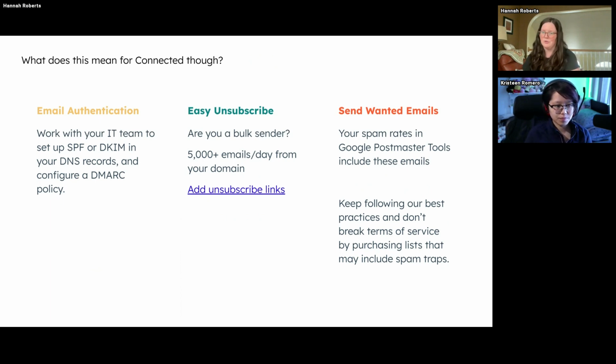For the one-click unsubscribe requirement, this one is a little bit more of a gray area. And the important question to ask yourself is really, are you a bulk sender? That's the primary thing that Google and Yahoo are focusing on, which means that you're sending over 5,000 emails a day from your domain. So if you're sending a lot of marketing emails and you have a large sales team and everyone's sending emails from yourcompany.com all day long, you might be sending this volume of email,